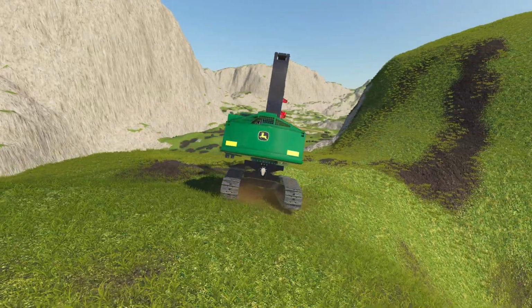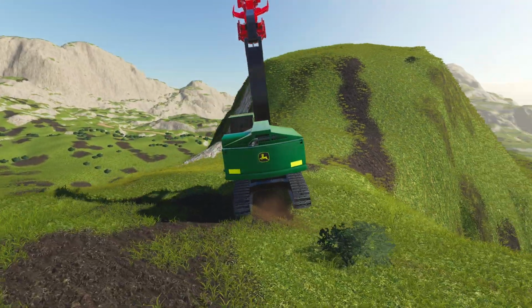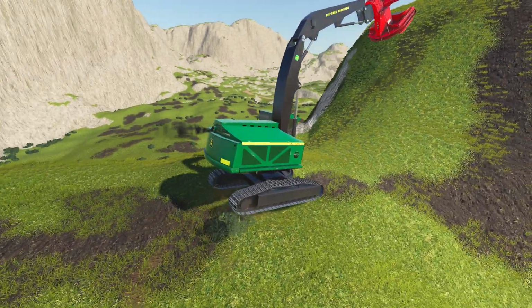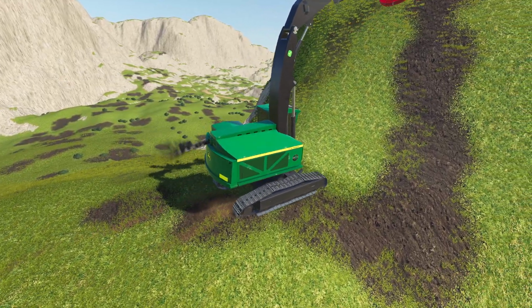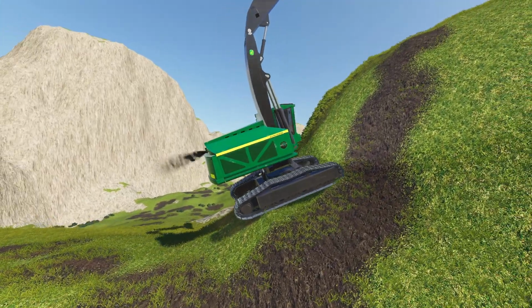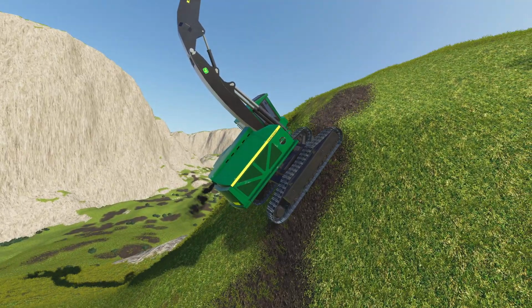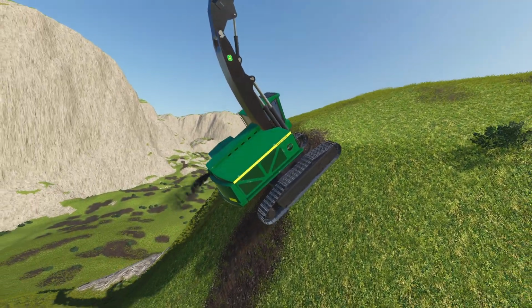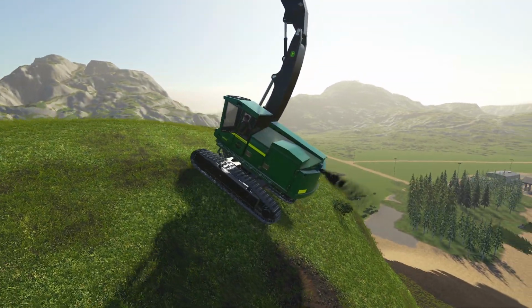The tricky part for me is I want to give you guys an experience that is fun and at the same time slightly realistic, to try to have a little bit more fun on it, but it's really hard to balance the two with this type of physics engine because the logs run on their own plan and the trees run on their own, or the machine's tracks run on their own plan. It's really hard to balance it all out to give you an optimal experience,